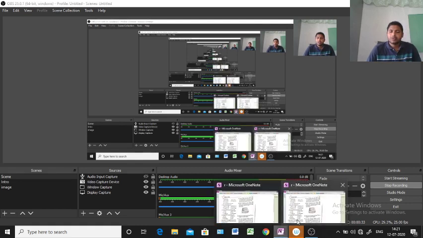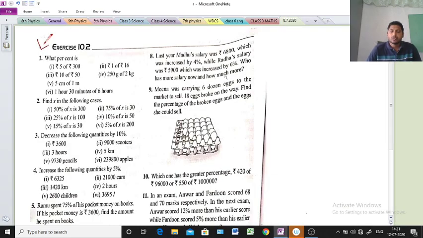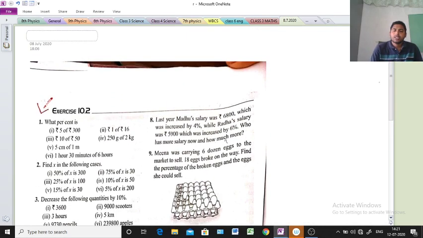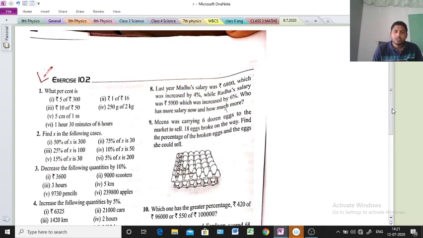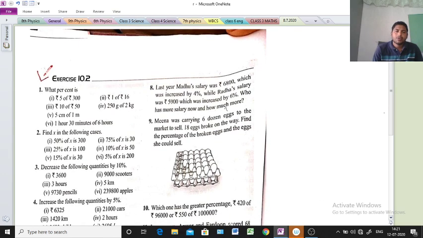Everyone take out your copies and you should practice also, you should solve also. Clear? Another thing: some students are sending their work, some students are not sending their work. That is a very bad habit. So please do the work properly. If you have any doubt, any query, any problem, you should inform the teachers. Clear? They are waiting for your response only.